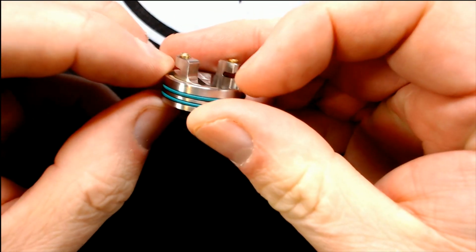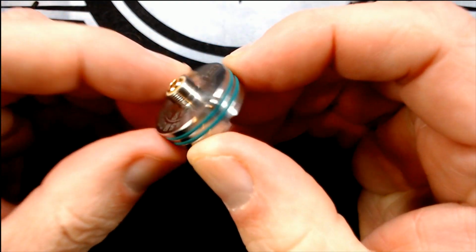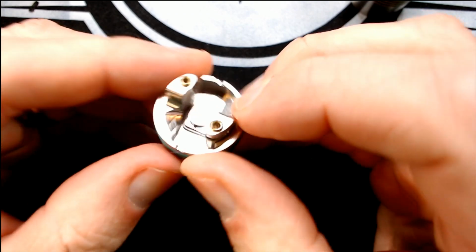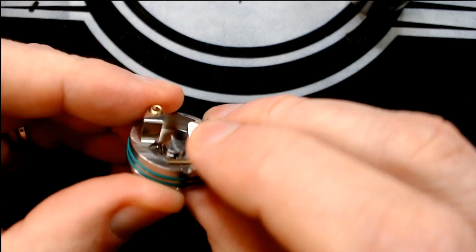Dual O-rings here, keep the cap on. Cap fits super nice and snug. Again, you'll see the bottom of it here, that little notch that I was explaining its purpose earlier, and it is Pharaoh style install. So you get one lead goes here, the other lead goes here, coil sits right in the middle, and it